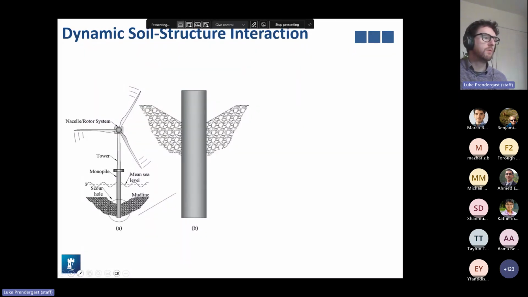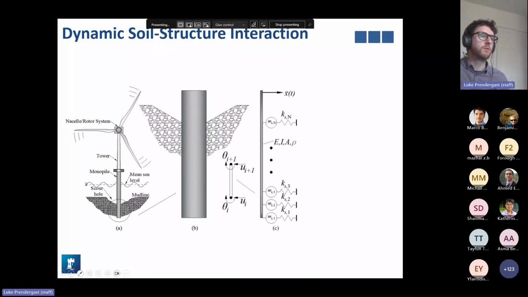So generally, we will model these as beams on springs if we're doing a simplified design. I like beams on springs because they're reasonably straightforward to analyze, and also it allows us to include the stiffness and mass contribution of the dynamic parameters. So if we simplify a pile within the soil to a beam spring model with sprung masses, we can generally simply predict its dynamic behavior.